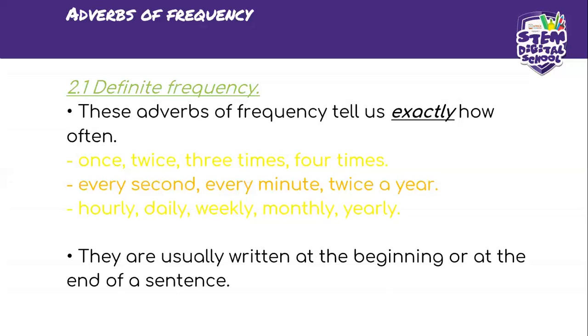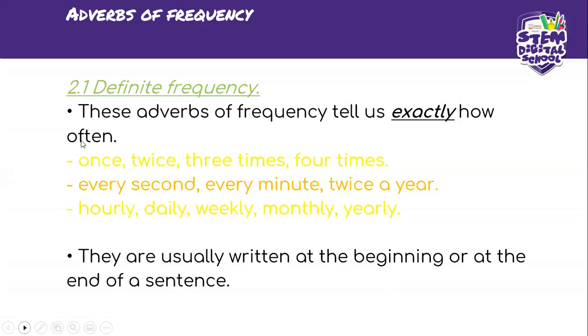And yes, you really can understand this. You really can, and this can help you to not be a confused person, to not be deceived, to not fall into traps, and to not make any rash decisions that you will regret after deciding at the end. So these ones are usually written at the beginning or at the end of a sentence. That doesn't matter as long as you can identify them.